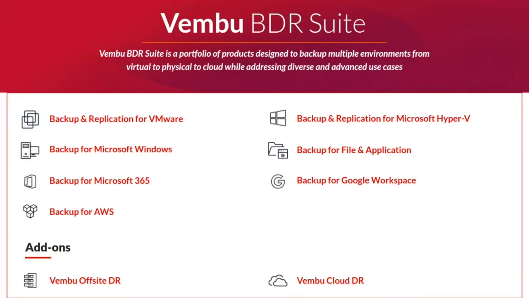And your SaaS-based application backup, that is Microsoft 365 and Google Workspace backup. So you can back up your calendars, Google Workspace or OneDrive, and then your emails and all the stuff along with SharePoint and Teams of Microsoft. You can just back them up and store it on-prem. And we also have AWS backup using the cloud native APIs of Amazon Web Services. You can back up your Amazon instance and you can store it locally.